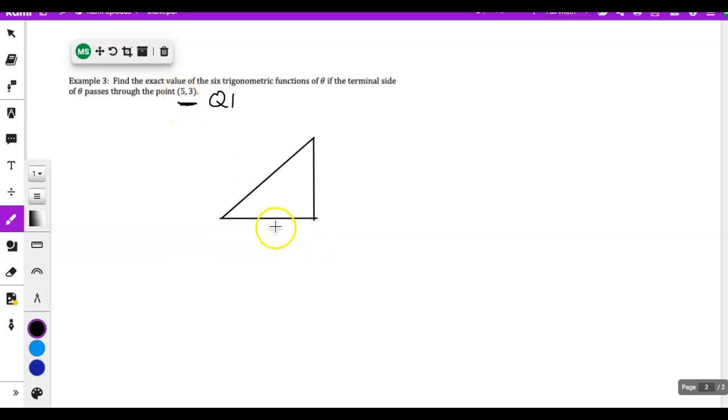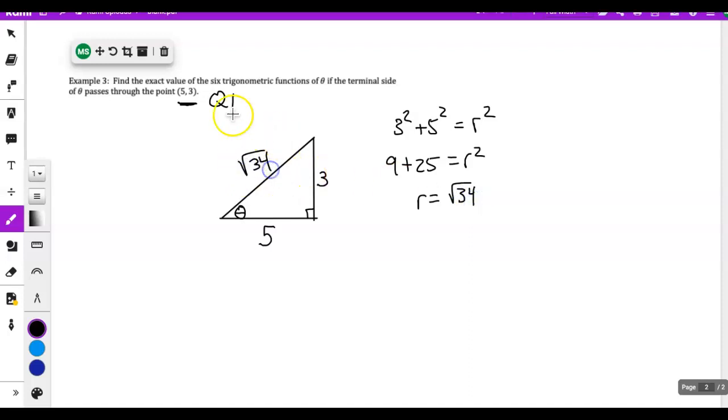I know the x coordinate is 5 and the y coordinate is 3, and then this is theta, right? So then I could do the Pythagorean theorem and find the hypotenuse. So 9 plus 25 equals r squared. R is the square root of 34, and so this is root 34. Since I'm in quadrant 1, all of my trig functions are going to be positive, and then you would just